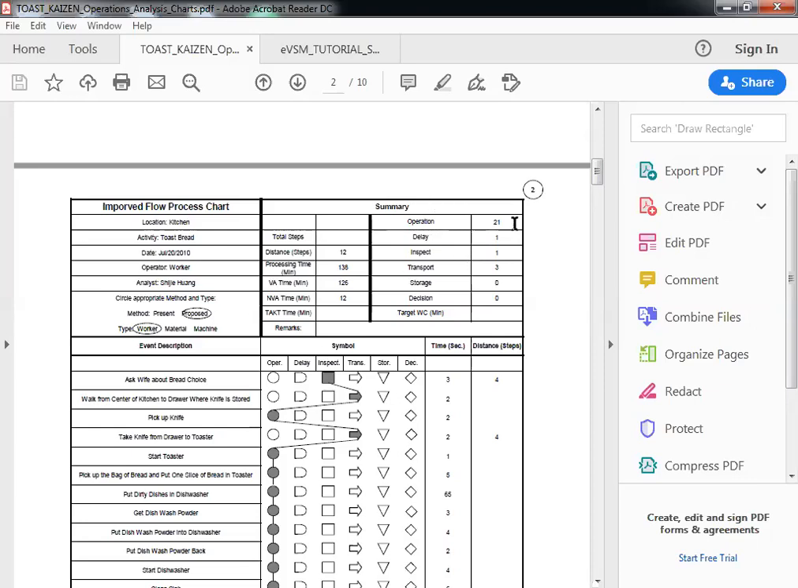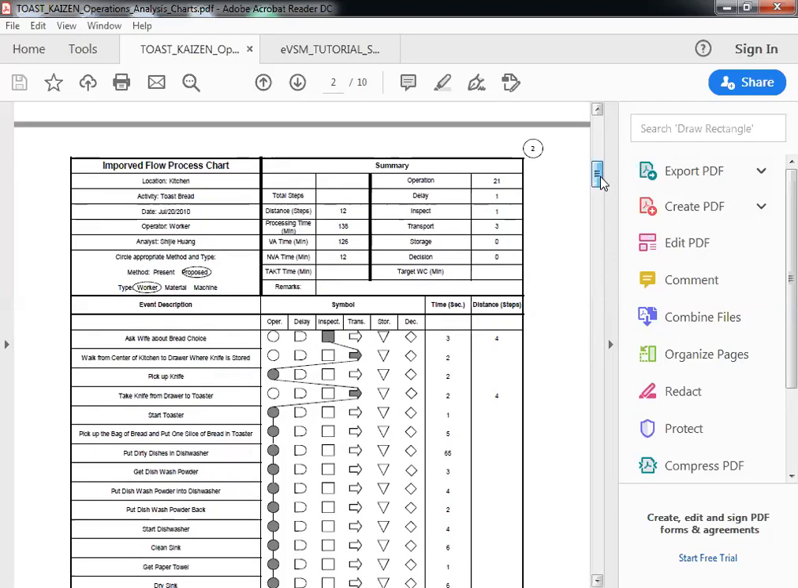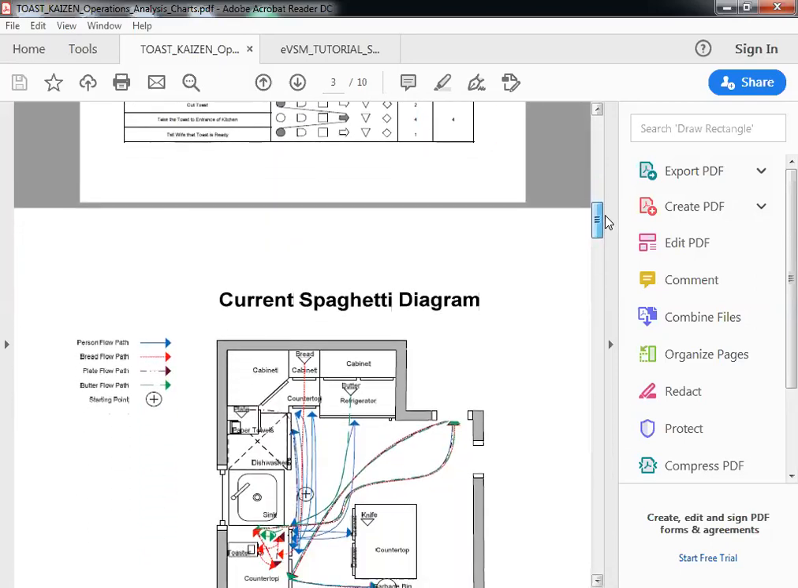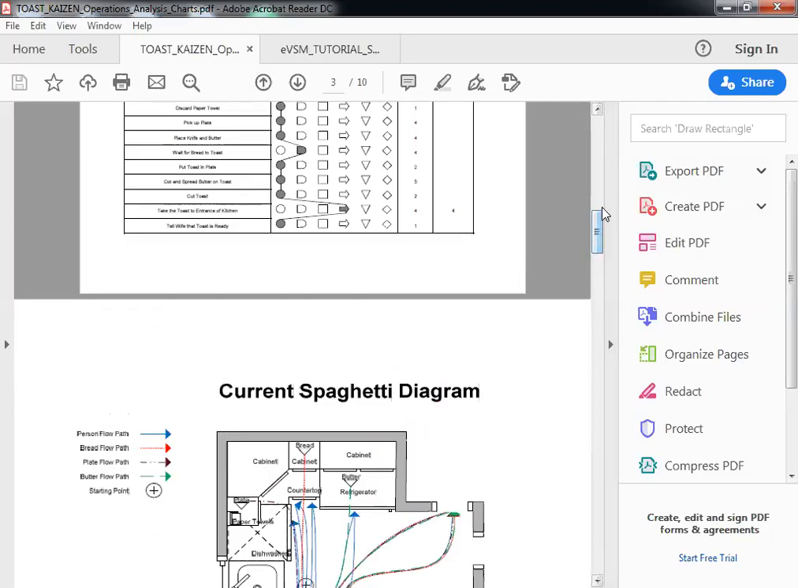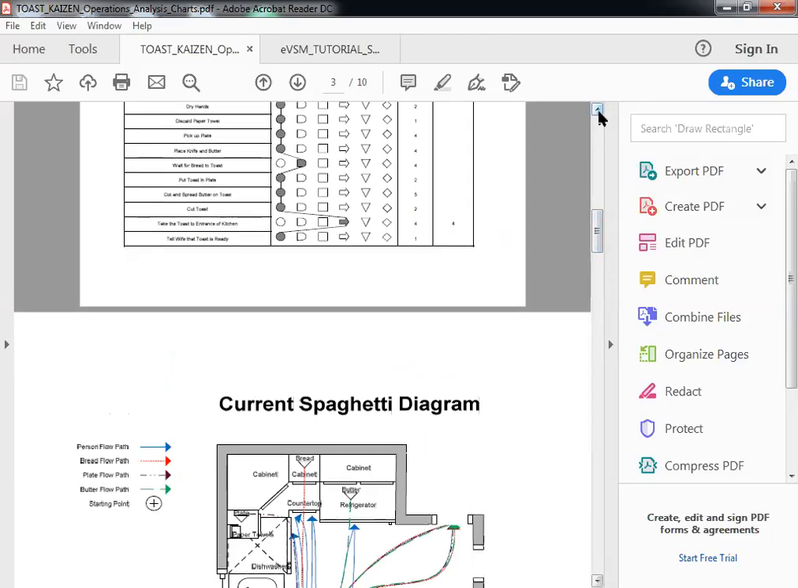Once again, you can see that this is like a summary chart, and you have basically got the total time and distance characteristics of certain steps and the number of individual steps. And you should be able to see that between the current state and the improved state, there's a difference. Let me go and show you the spaghetti diagram for the current state. So this current state spaghetti diagram,